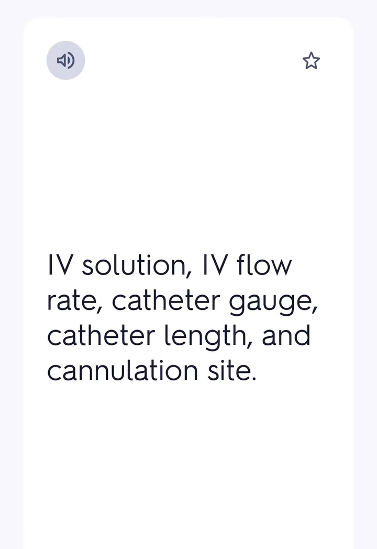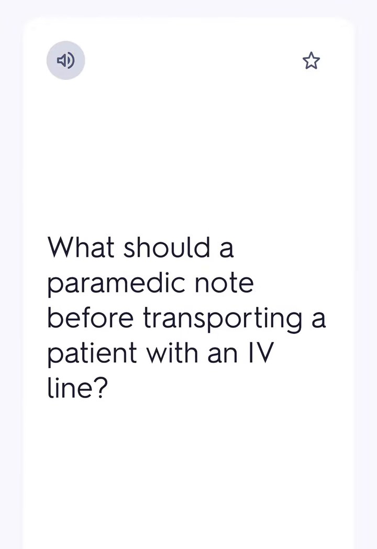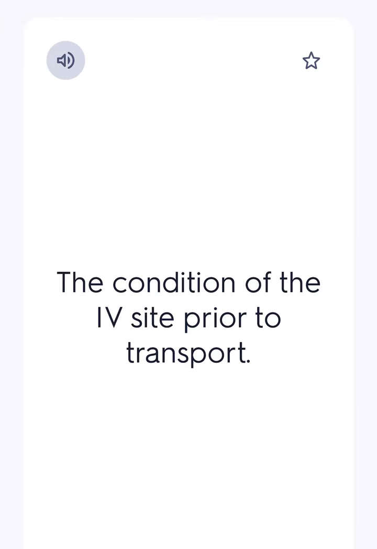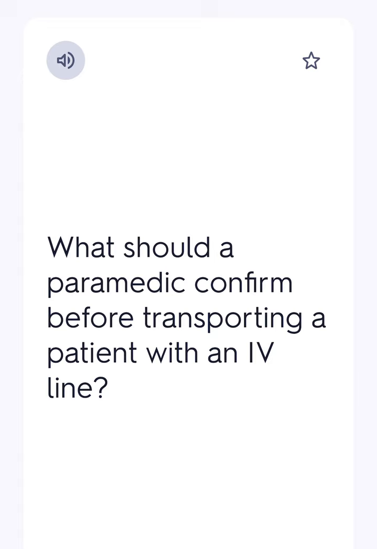IV solution, IV flow rate, catheter gauge, catheter length, and cannulation site. What should a paramedic note before transporting a patient with an IV line? The condition of the IV site prior to transport. What should a paramedic confirm before transporting